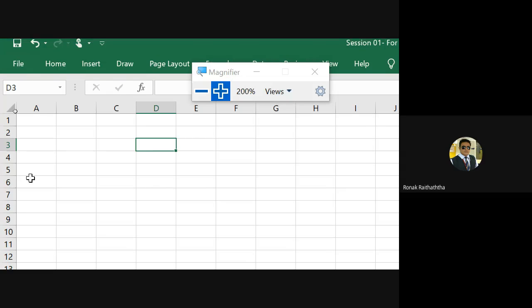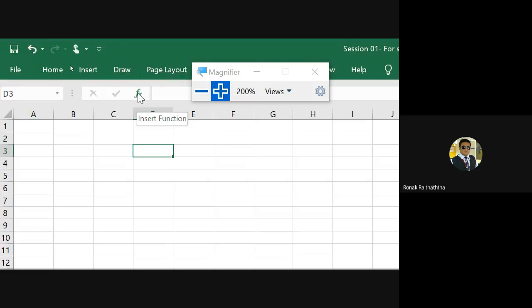Okay, so these are the various rows and columns. Now here we can see the formula function. This is also called the formula bar. You click on this, my mouse cursor is there where fx is written. Now based on the version, 2007, 2010, 2013, 2016, 2019, the look might be a little bit different, but you should not worry too much about it.